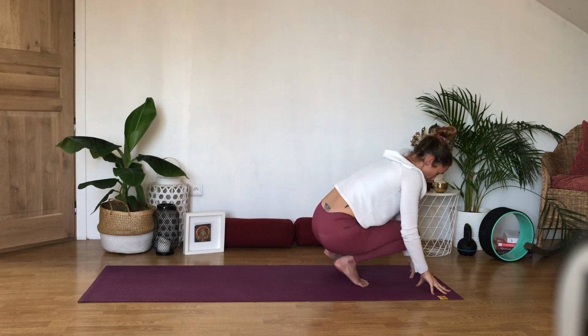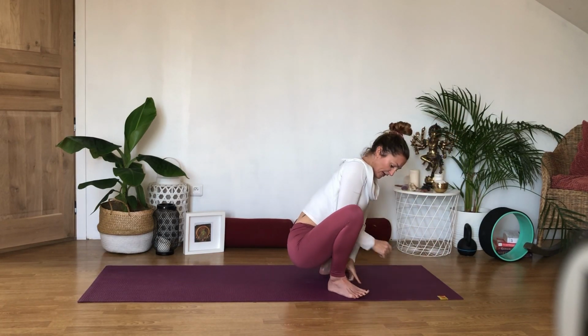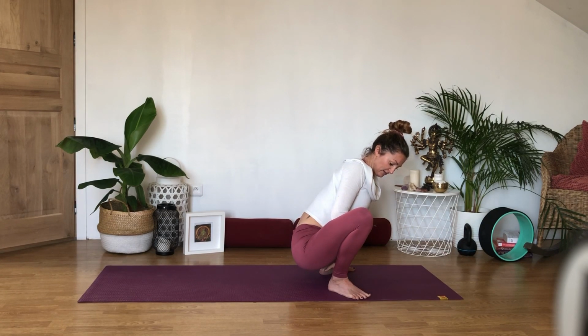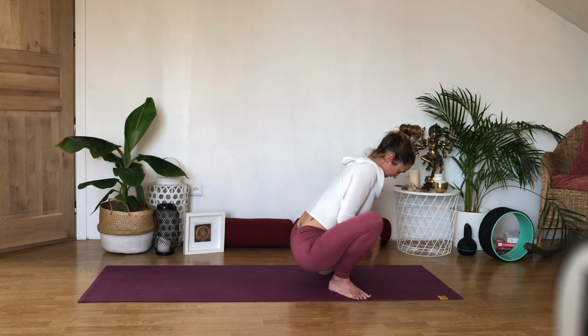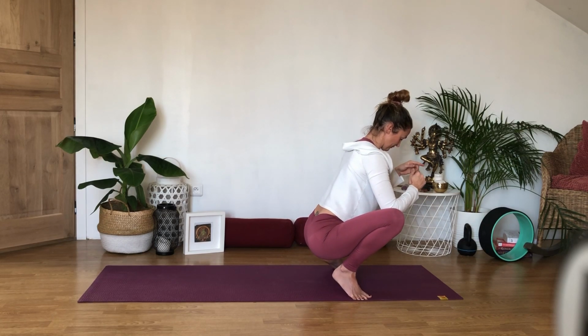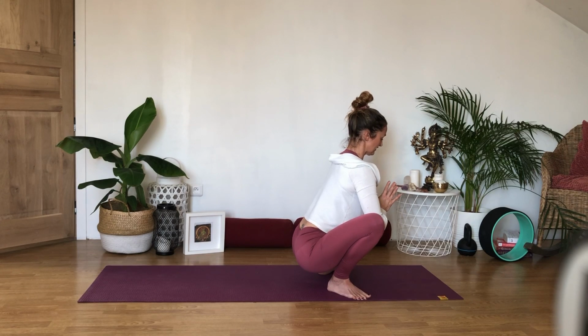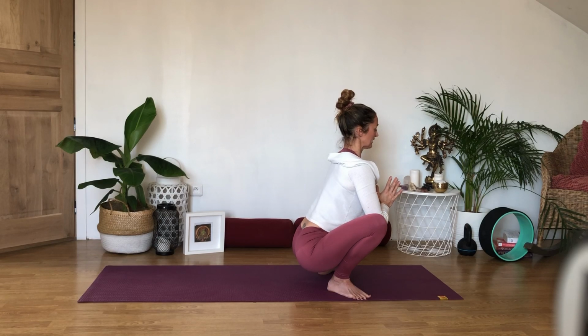Okay, so you can open the feet now. So we're going to keep the feet in line with the heels, the toes in line with the heels. And maybe it's too much, maybe you need to rest on your tiptoes, that's fine. Open your knees and place your hands in prayer in front of you as you push your elbows into your inner knees, push the knees into the elbows and reach out through the pubic region all the way